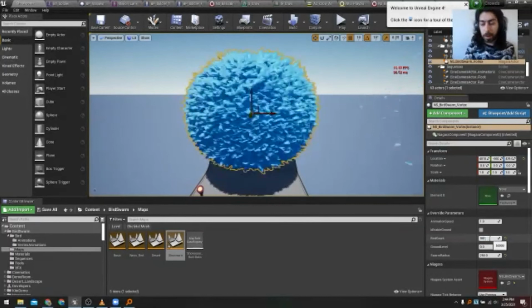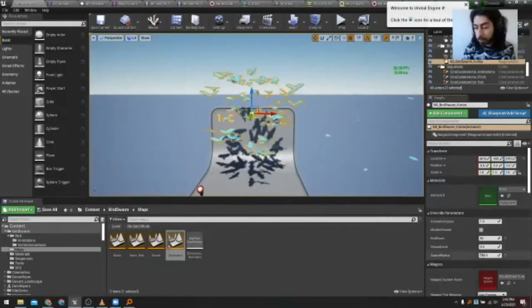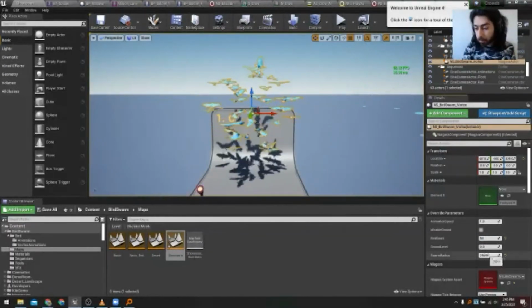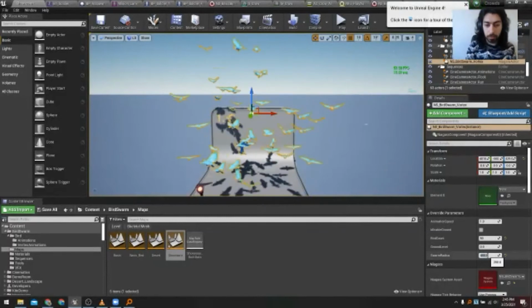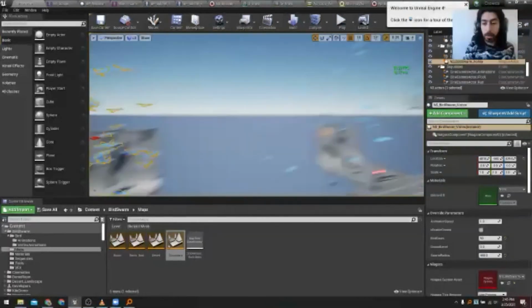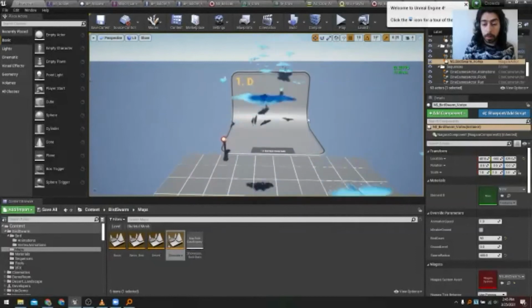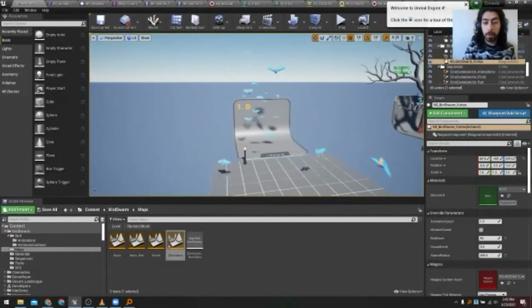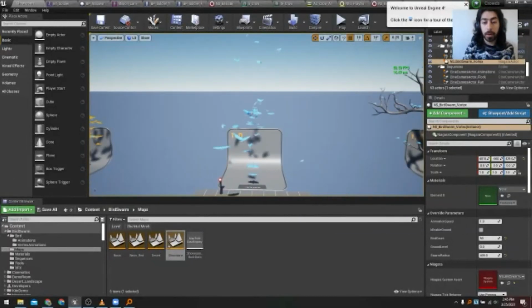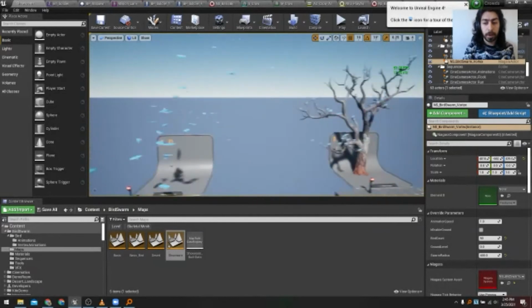So now let's bring it back to 50. You can also increase the radius that we want them to cover. So instead of 250, we can say like 400. And now they're covering a bigger area. We can use vector fields to make the animation more random. Like, so now they're all flying all over the place. Depends on the field I have.